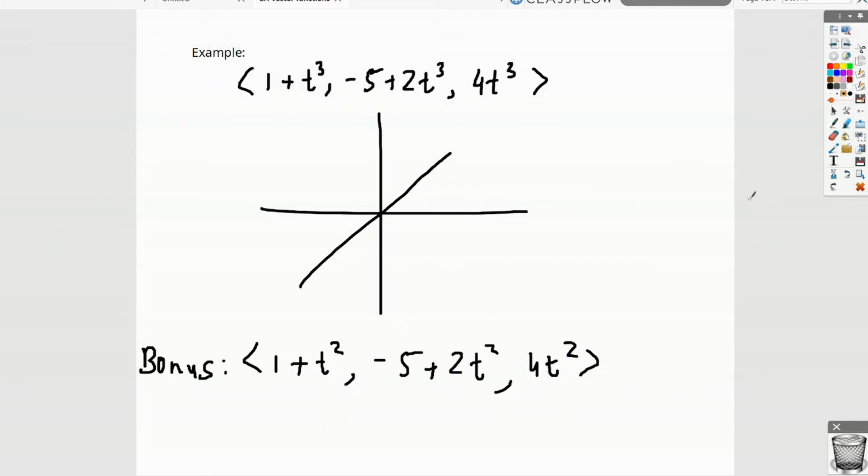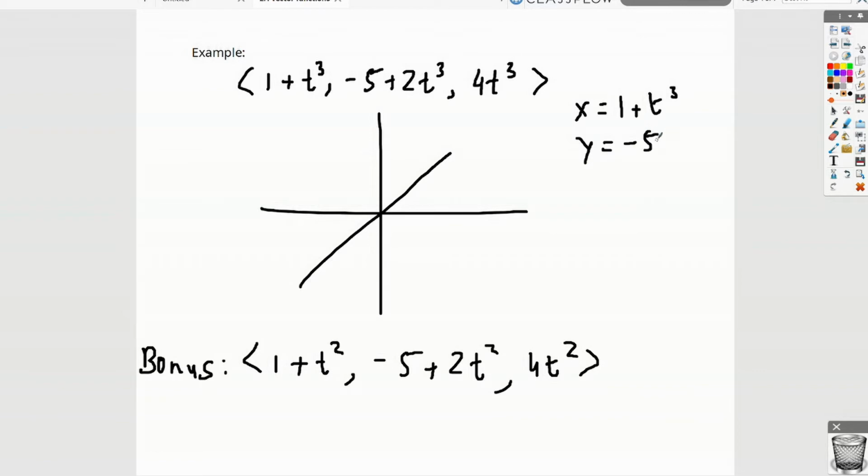Okay, so this is another example, another pattern that you might find. It's not really the same thing as a line, but you will see it's a constant plus a variable to a power, or something done to that variable, and you will see the same thing done to that variable for every single component, with nothing extra except the constant. So what this can actually be parametrized into is 1 plus t cubed,